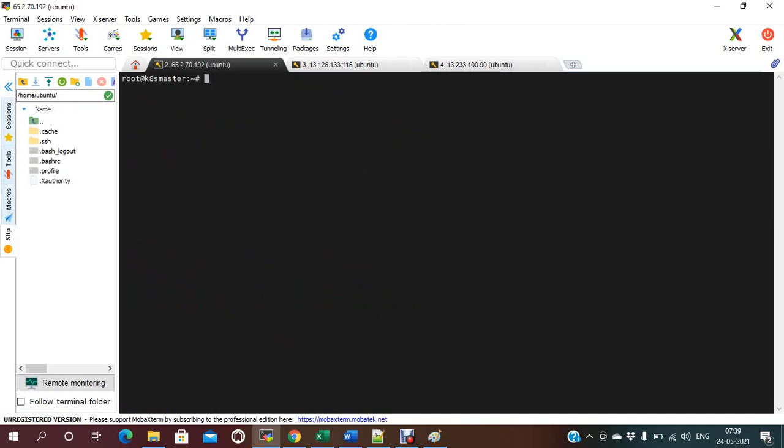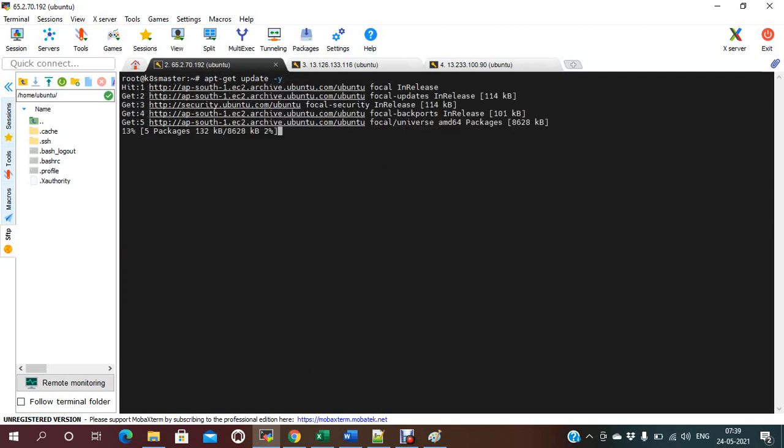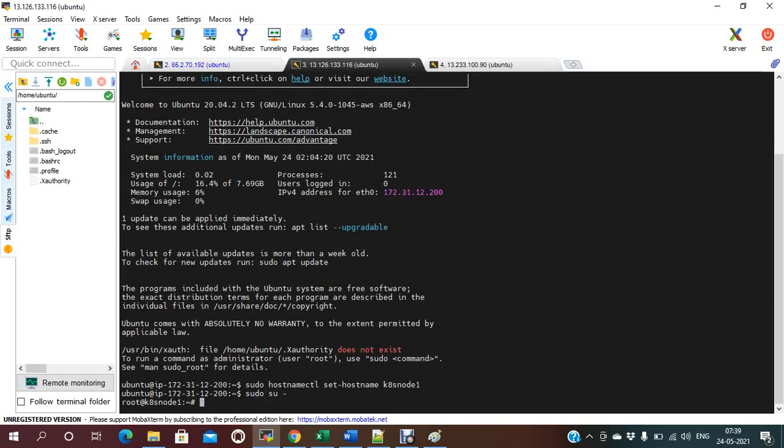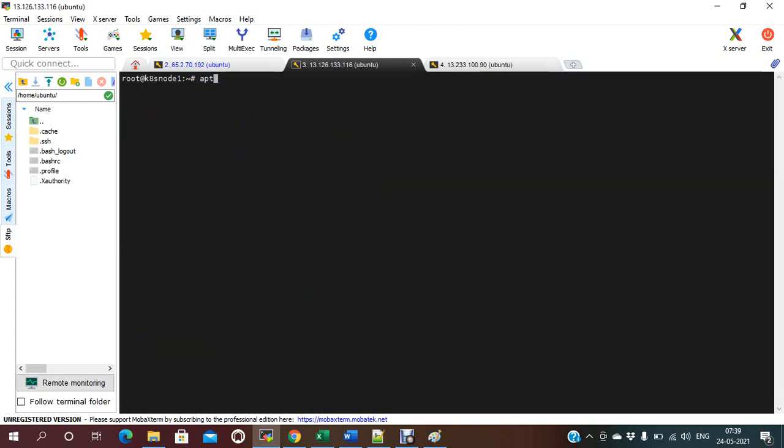The first command I need to do is update the server, like apt get update -y. Same in node 1, the same thing I have to do, apt get update -y.